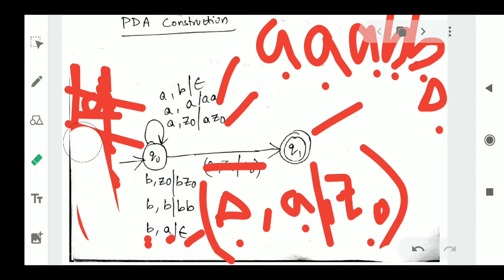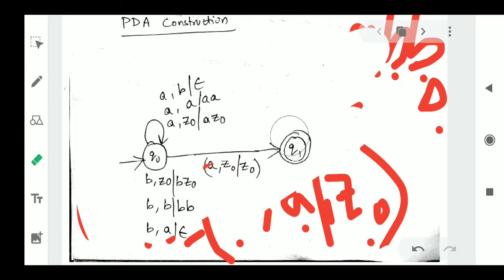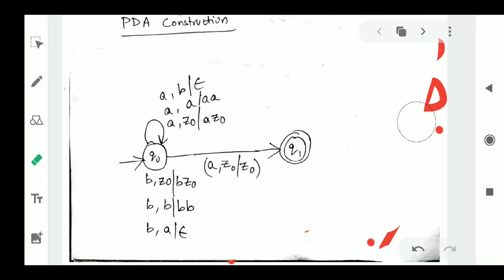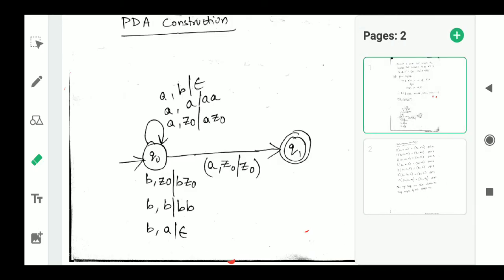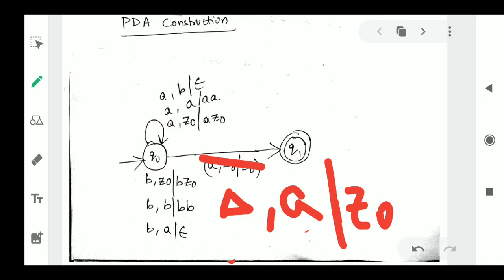So this is how we are going to do. You take any string and you have to do it like this, whenever you have more A's than B's. This is the example we have done. And see, the instantaneous description is also given very clearly. Please remember that this is not the correct transition here. I have written it wrong, and the transition is delta comma A slash Z0. Whenever the top of the stack is A and the input symbol is delta, it moves to the state Q1 by accepting the input symbol Z0. It goes to the final state Q1. This is the correct transition.